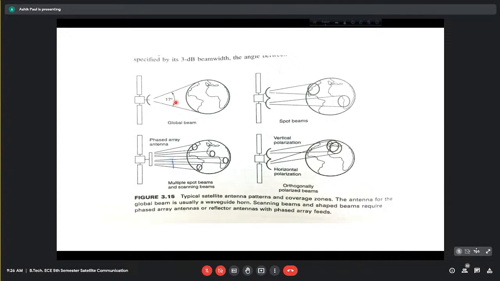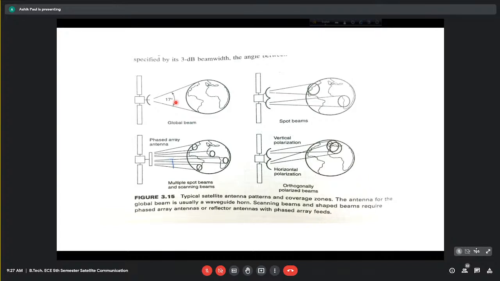Then it could be, for example, spot beams targeted towards maybe two different portions of the earth. But of course, the overriding condition in all these cases of spot beams is that the satellite should be radio visible from both these locations towards which the spot beams are directed. Okay, like for example, maybe as I was giving you an example in an earlier class, one of the service areas could be